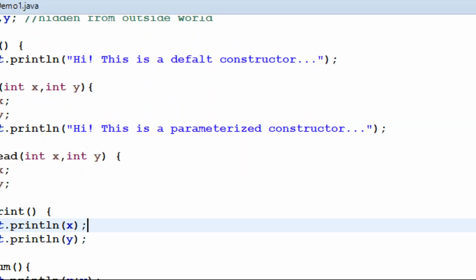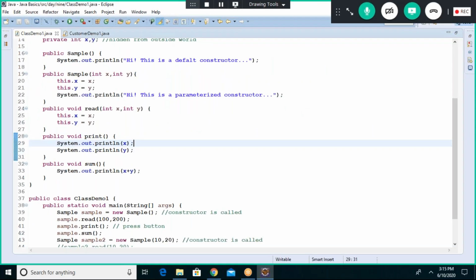See guys, try to understand. Whenever you are calling this, it invokes this constructor. Whenever you call this, it goes to the matching constructor.